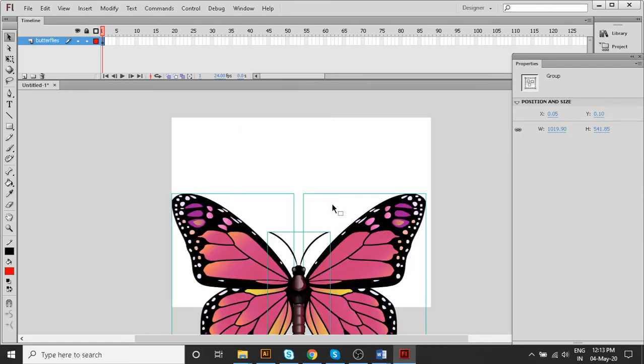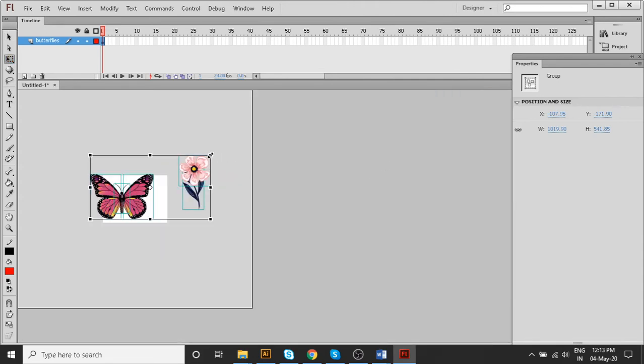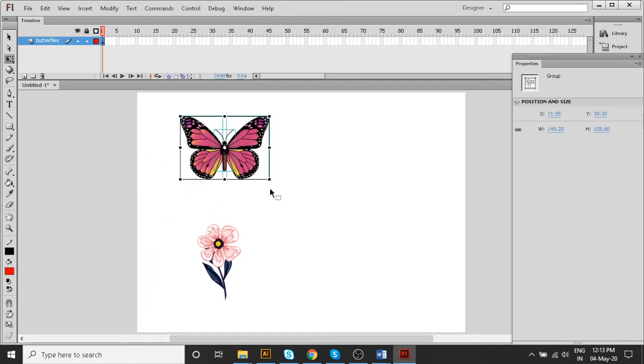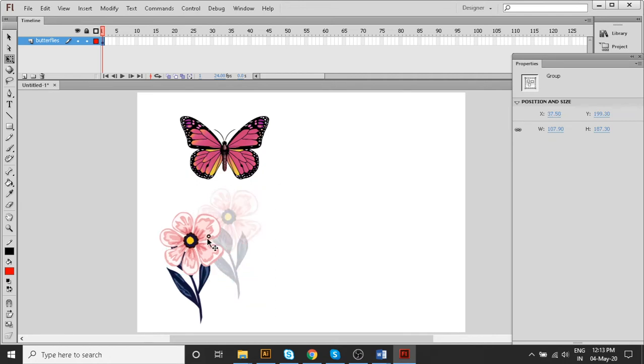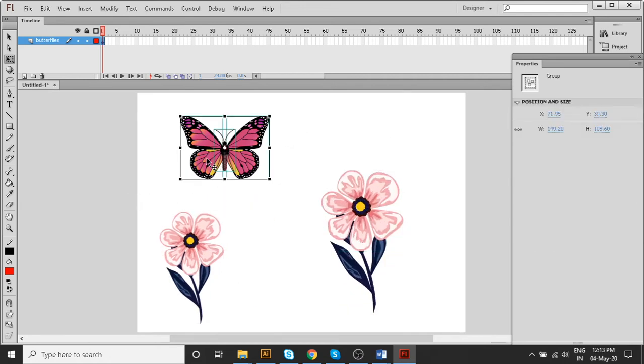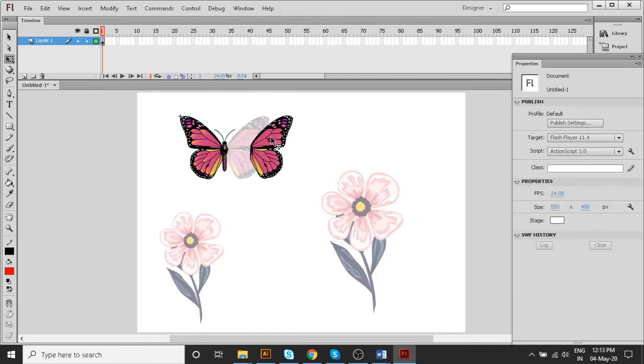I have copy pasted the object, this one. Okay, let me make it small, it's very big. Control 2 for fit to window. Now press this. I want to give the animation on this object only. I don't want to give the animation on the flower. So make one flower here and make it bigger, no problem. And F8 and make it a movie clip. So this butterfly is a movie clip. So for the movie clip, what happens? I can keep it in a different layer.